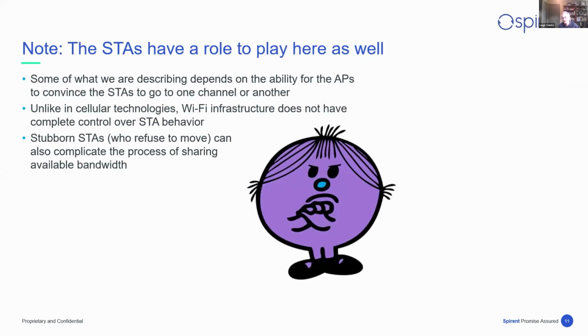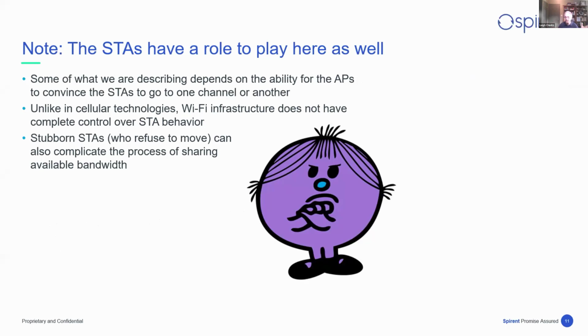And worse than that, the AP doesn't really have complete control. The way I just kind of laid that out, it makes it sound like the AP can do whatever it wants. Once it has its own decision, it can say, great, I'm going to take fast users and put them there, slow users and put them there.